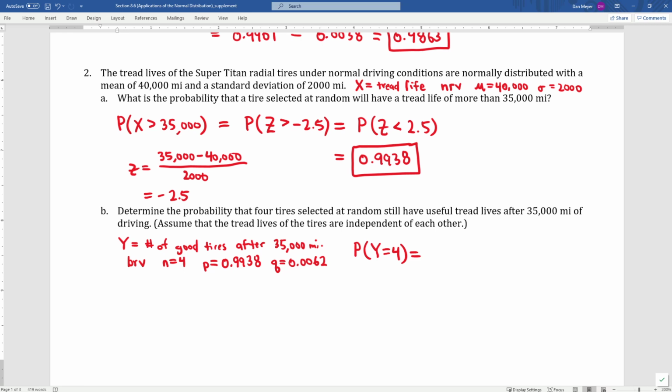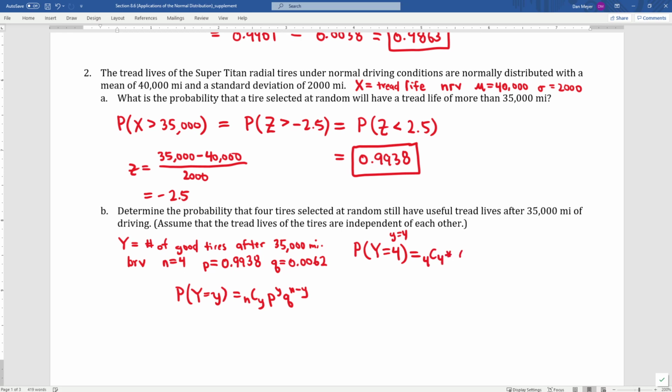And that would be, let's see, we have a y, I guess a little y of 4. So here, I guess, the binomial formula would look like the probability that y is equal to little y is n choose y times p to the y times q to the n minus y. So we're just using y instead of x, because we already used x for the normal random variable in the bigger problem. So here we've got 4 choose 4